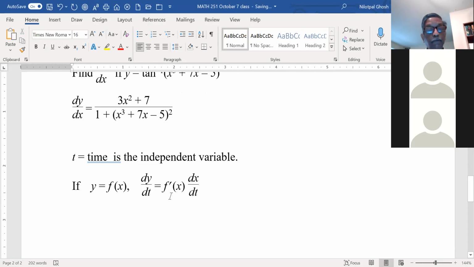So dy/dt would be f prime of x times dx/dt. The derivative of f of x with respect to x, times the derivative of x with respect to time, because we are taking the derivative with respect to time. So that is basically the chain rule. That is nothing new, but we will come to do a problem. Let's take a simple problem. Suppose